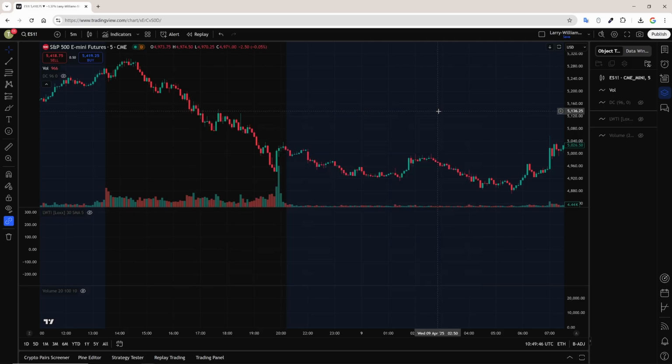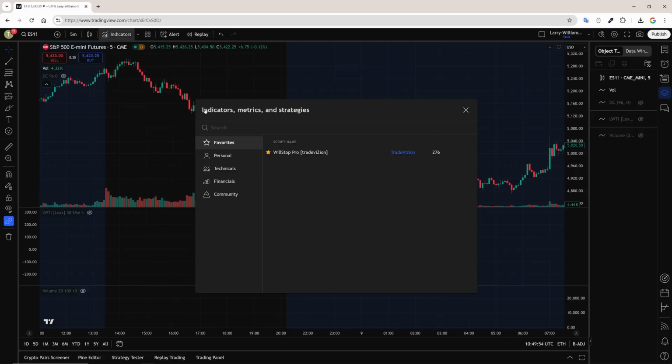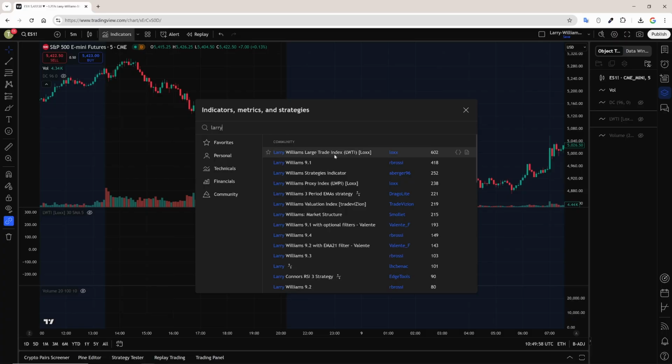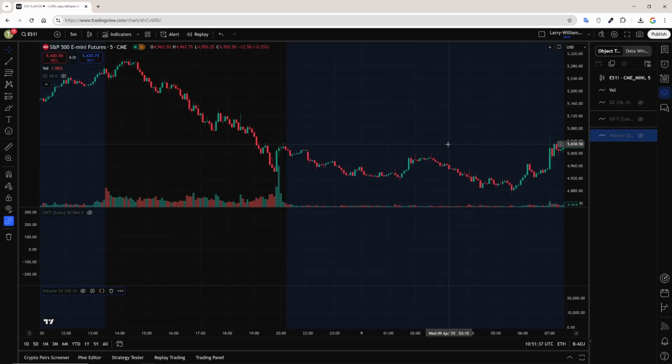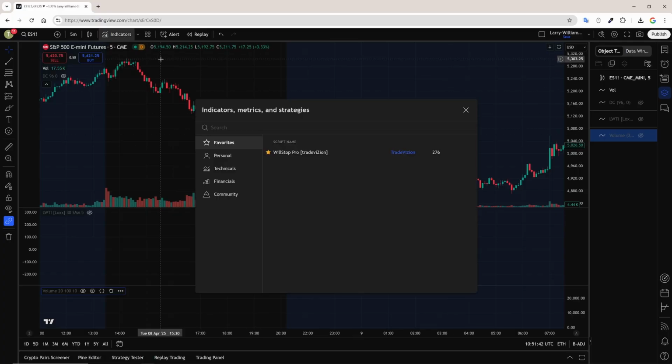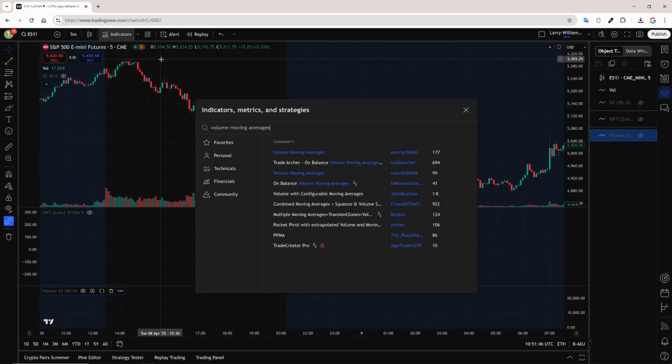The second indicator used is the Larry Williams Large Trade Index. To add this to your chart, go to the Indicators and type in Larry and select this one by LOXX and add it to your chart. The third and final indicator is the Volume Moving Average. Go to Indicators, type in Volume Moving Averages and select the one by Warrior 504TH and add that to your